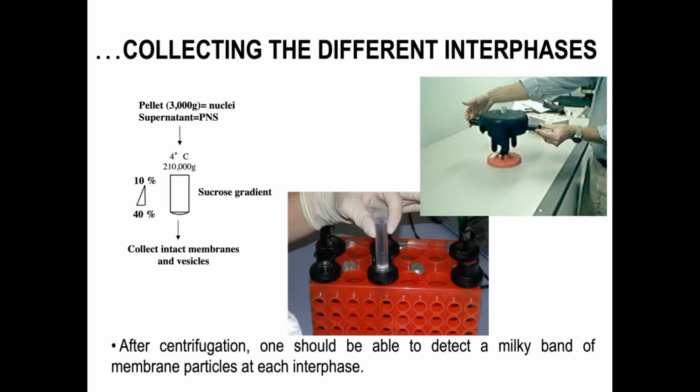And with the lid number 4 and the bucket number 4. Here you put your tubes in, and this entire thing is then balanced on the balance area that has the same weight. After the centrifugation, when you remove the lid from the bucket and you take out the tubes, you